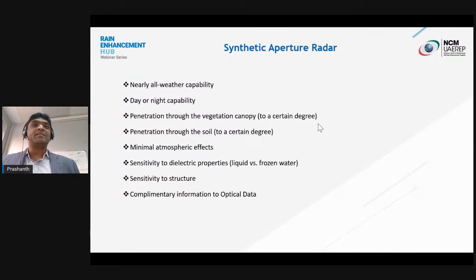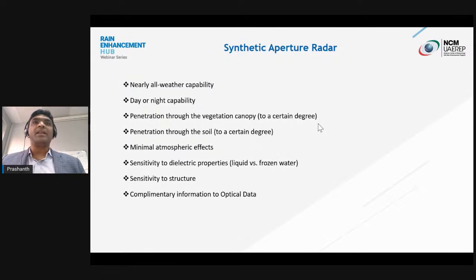It's highly sensitive to dielectric properties, which means that we can distinguish between different surface properties like soil moisture, if it is liquid or frozen water, or floods or high moisture content in the soil, and so on. It's also sensitive to the structure, in the sense the geometry affects a lot how much of the signal comes back. The backscattering depends a lot on the surface roughness, and also the geometry of the objects